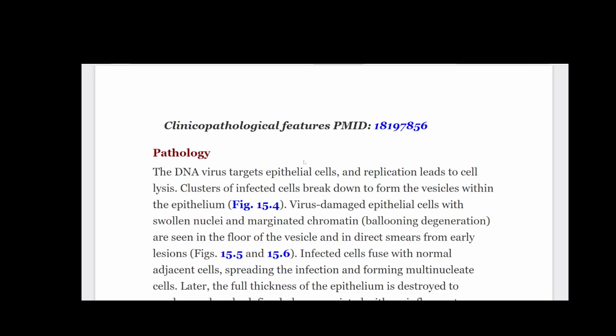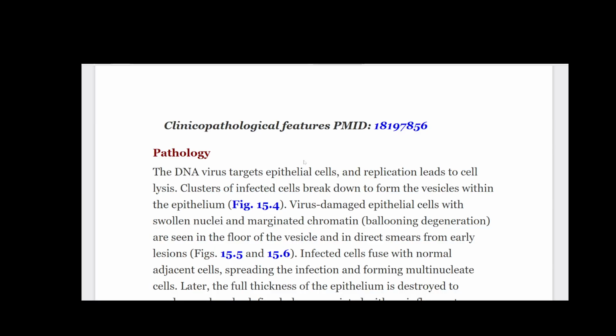Clinico-pathological features. Pathology: the DNA virus targets epithelial cells, and replication leads to cell lysis. Clusters of infected cells break down to form the vesicles within the epithelium, Fig. 15.4. Virus-damaged epithelial cells with swollen nuclei and marginated chromatin, ballooning degeneration, are seen in the floor of the vesicle,